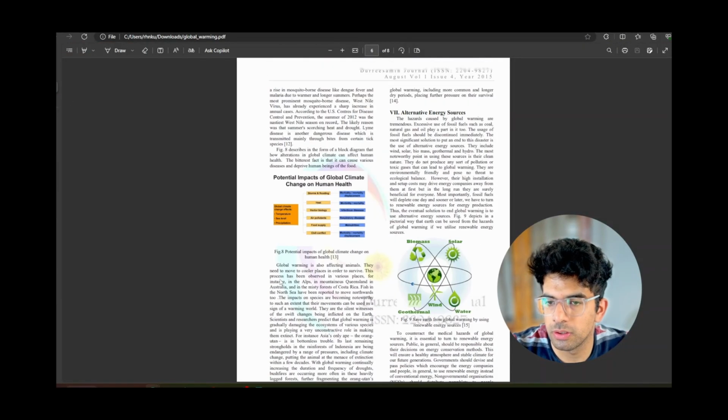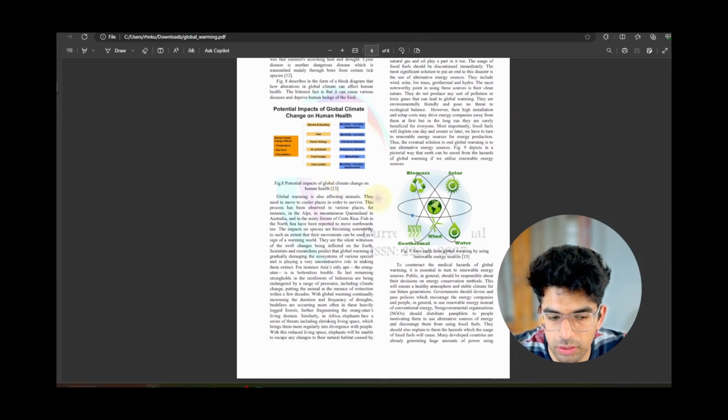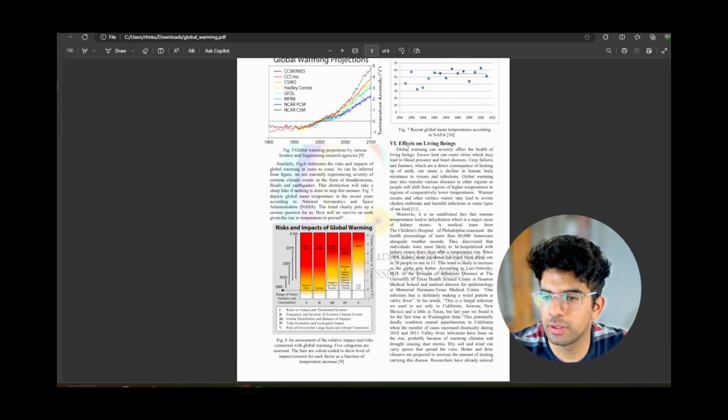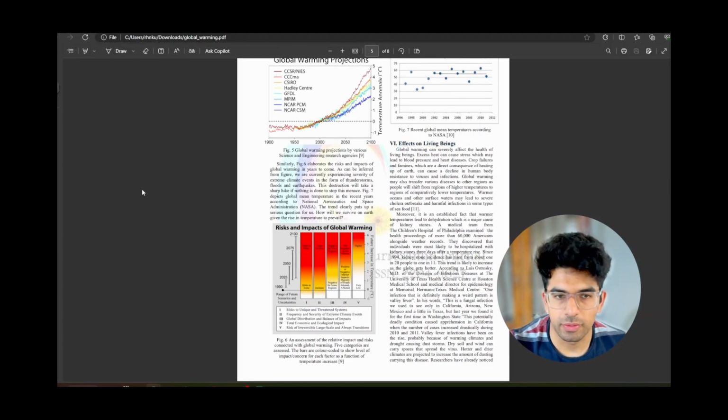We can ask a query about the effects of global warming on living beings, and let's see what answer we get.